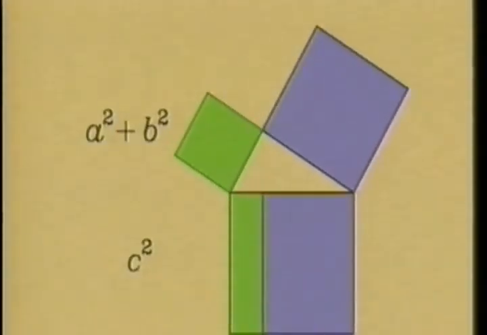Here's another proof. The area of this green region doesn't change if we shear, rotate, and shear again. The same is true for this blue region. And again, we see that a squared plus b squared is indeed equal to c squared. Still not convinced? Cut a copy of the small square in the middle of the large square. Make cuts out to the edges.